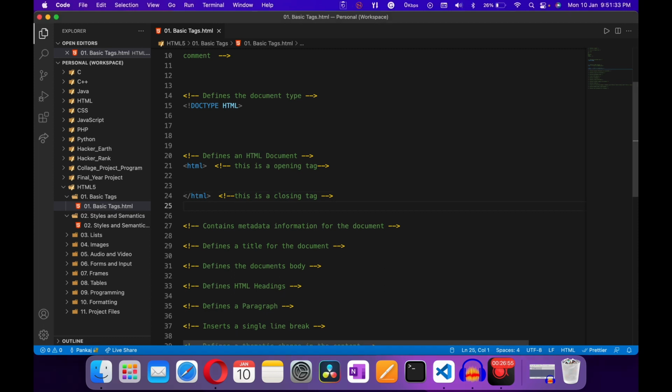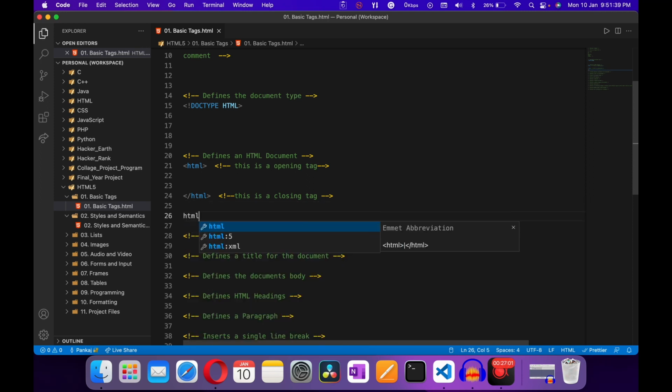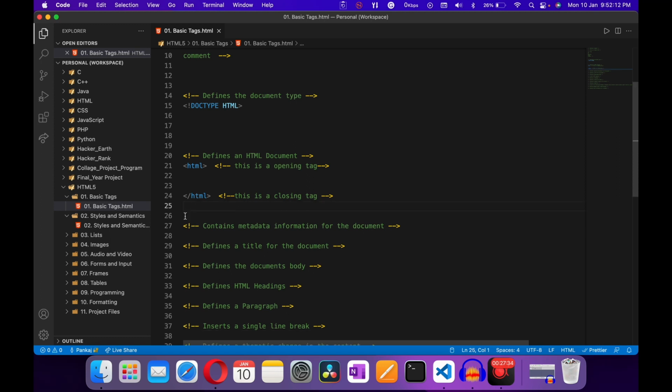There is another method you can use to type your HTML tag. Just type HTML and hit the Tab button. It will automatically autofill the boilerplate of the HTML opening and closing tags. Right here you can see, if I again type HTML and hit Tab, it will automatically autofill. So in VS Code, it gives you an option to create a boilerplate with their template. Okay, so this is what it looks like, a document type and then below it the HTML tag. So that is the purpose of the HTML tag.